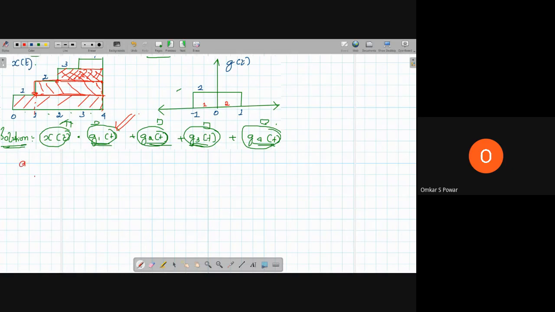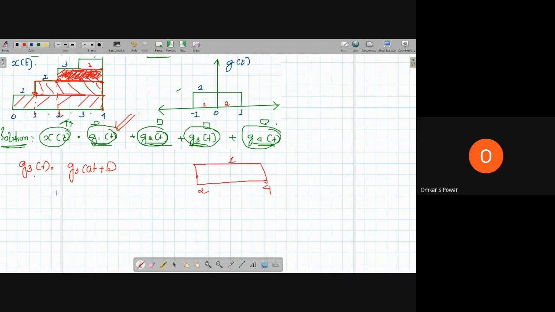So again the same thing. G3 of T is equal to G3 of AT plus B. And which portion we are taking? From 2 to 4. Because see this portion. From where to where it goes? Only from 2 to 4. So 2 to 4. But what is the magnitude? Again, it is 1, because we are only taking that particular block.